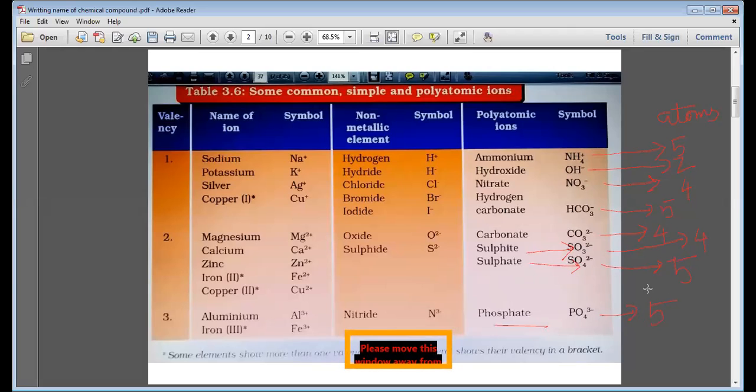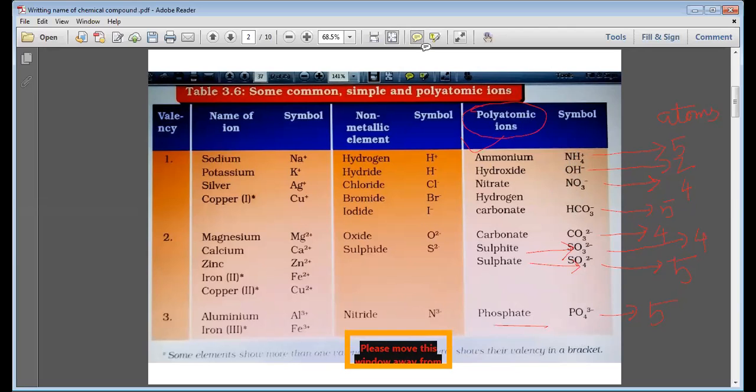This is how we can identify the number of atoms present in an ion, and you can see that all these ions have more than one atom, and that is why these ions are known as polyatomic ions. Now there is one very important rule about polyatomic ions. When we write their formula, please remember, if we need polyatomic ions more than one in number,